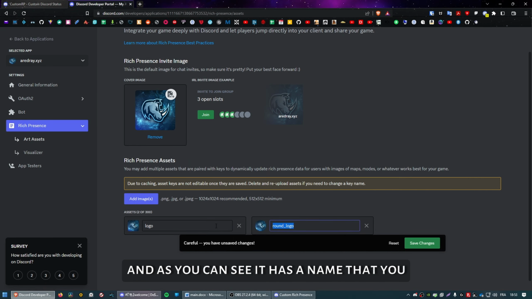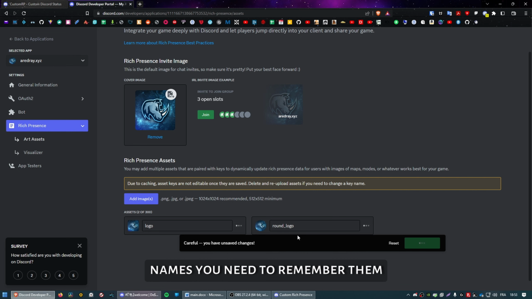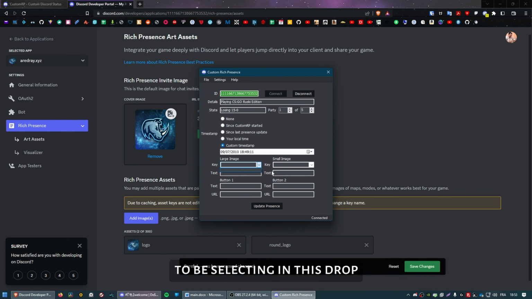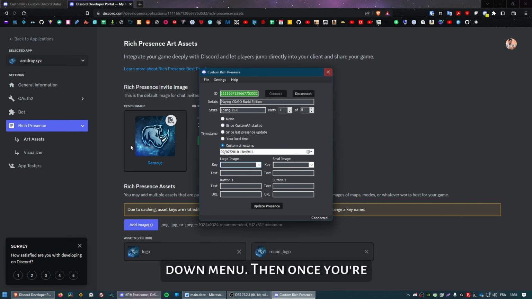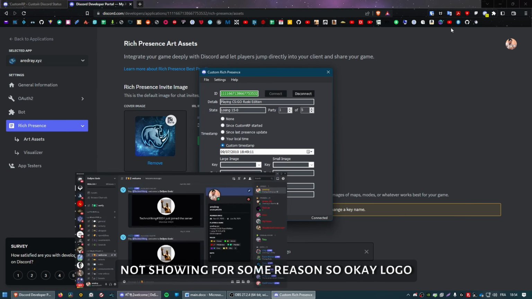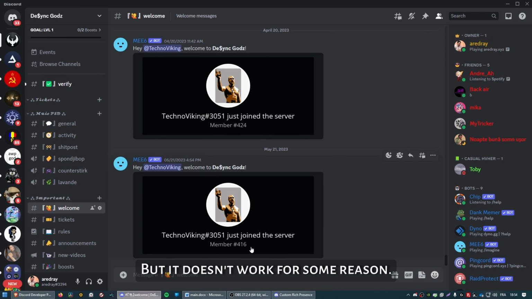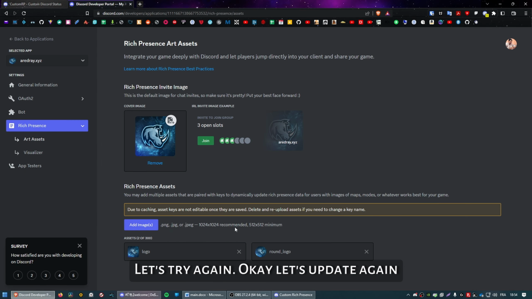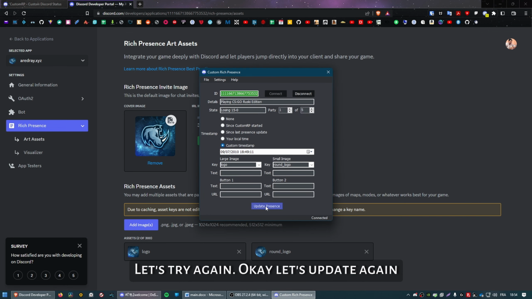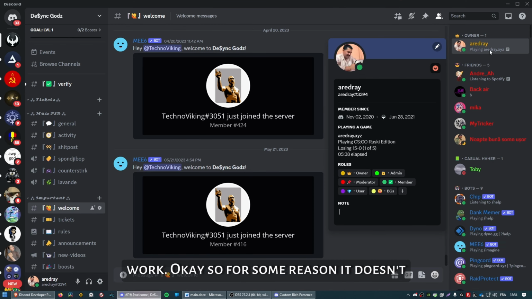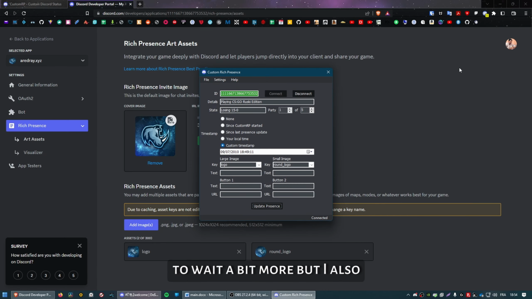And as you can see, it has a name that you can also change. And these names, you need to remember them, because these are the ones you're going to be selecting in this drop-down menu. Then once you find them, you can update presence, and they're going to be shown right here. Now it's not showing for some reason, so okay, logo and round logo, for example. Update presence, it should work, but it doesn't work for some reason. Let's try again. Okay, let's update again, maybe. No, it doesn't work. It means that I have to wait a bit more, but I also want to show you the next big feature that I love with this app is custom